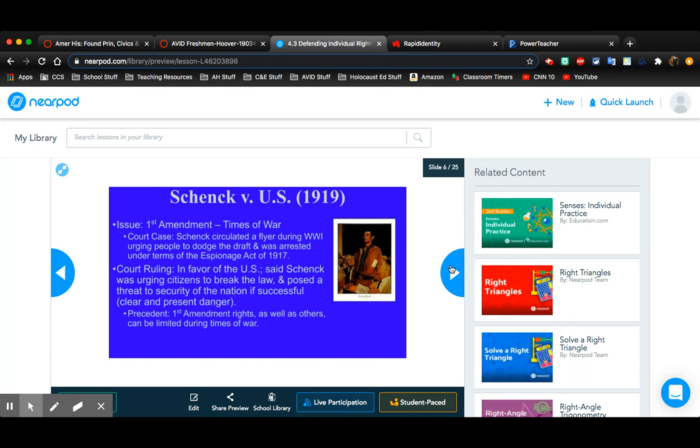If you get drafted, you shouldn't have to go serve. Okay, and he was arrested under a law that was passed just a couple years prior called the Espionage Act,